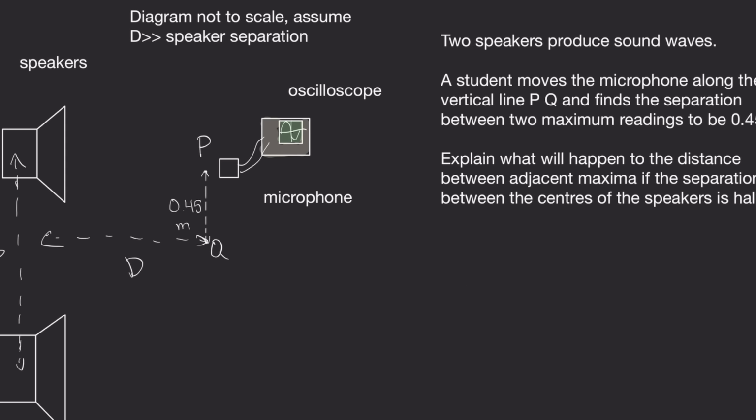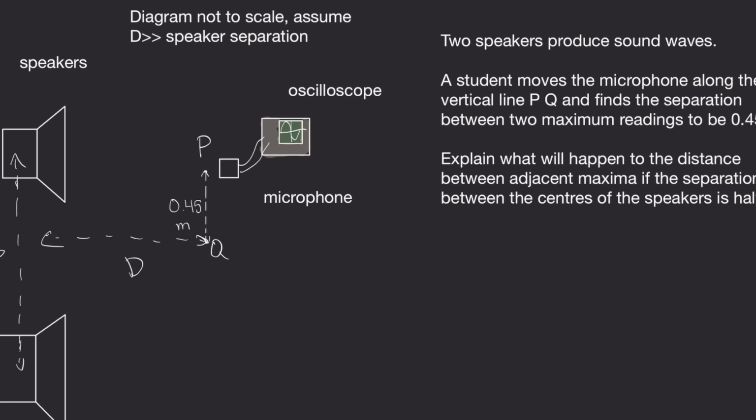And let's do one more example. So we have the same diagram, however now it is definitely not drawn to scale, and we can assume that the distance to the microphone D is significantly larger than the separation of the speakers. So a student moves the microphone along the vertical line PQ and finds the separation between maximum readings to be 0.45. Explain what will happen to the distance between adjacent maxima if the separation between the centers of the speakers